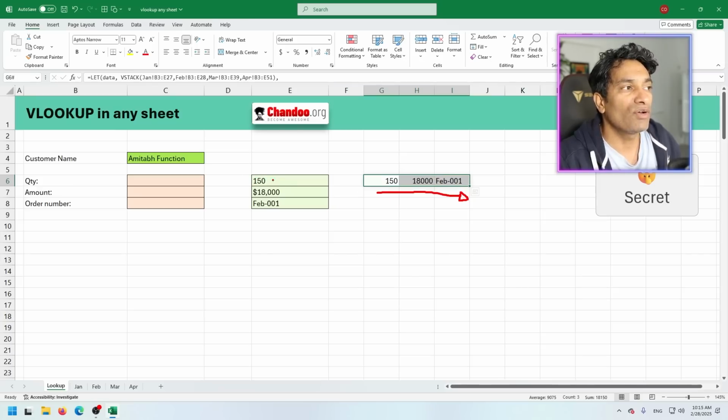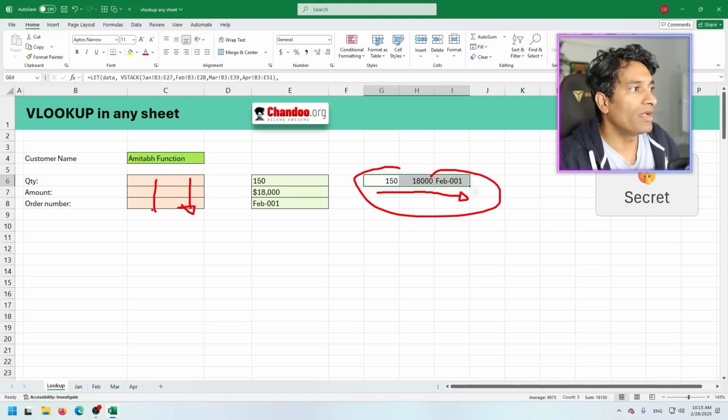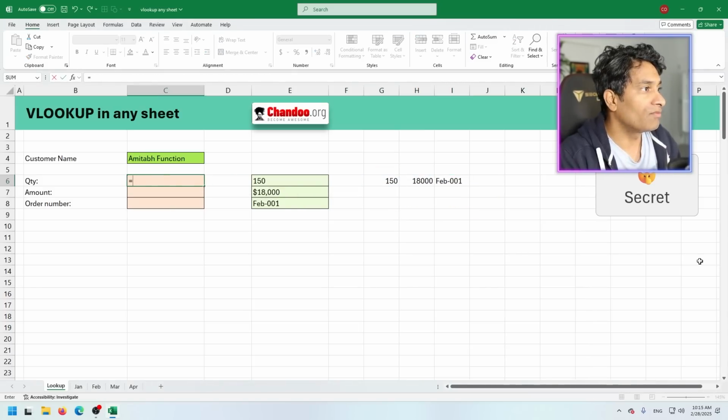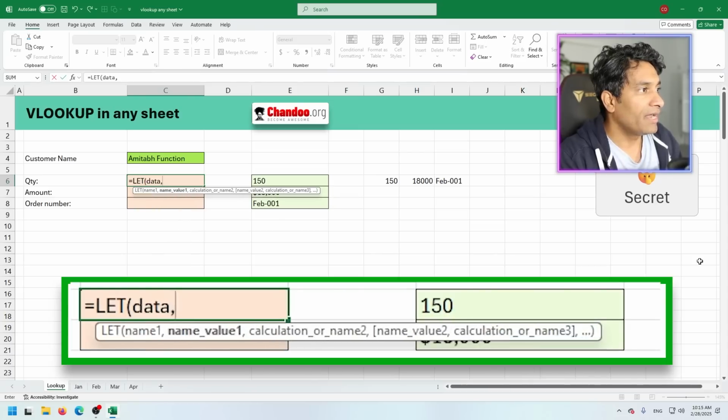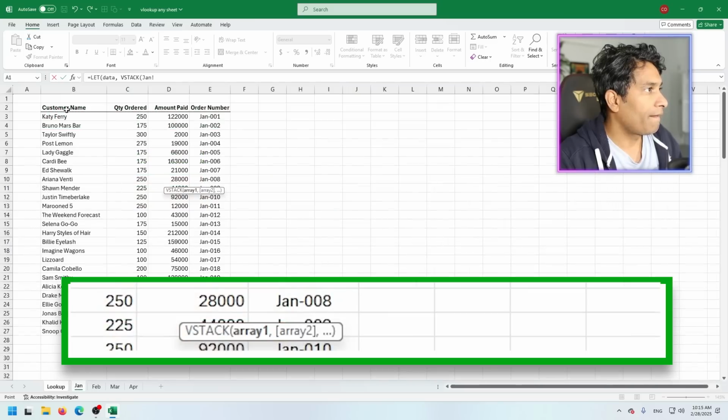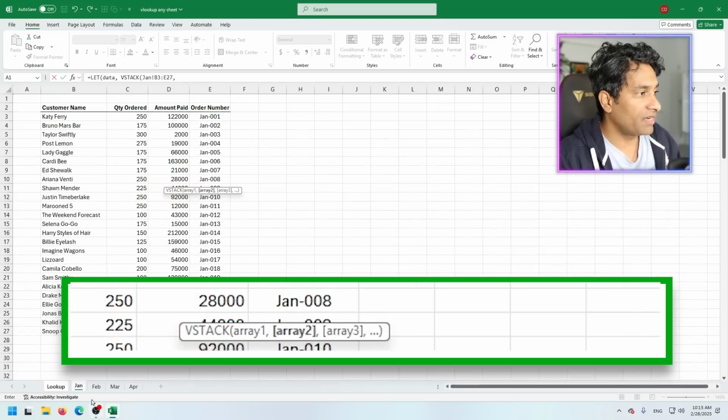But many times when you are doing lookup, you may want to spill this data down. So I'm going to take this and do a vertical calculation here. So we'll do the whole thing again. We're going to say let data is vstack and set up our vertical stack here.